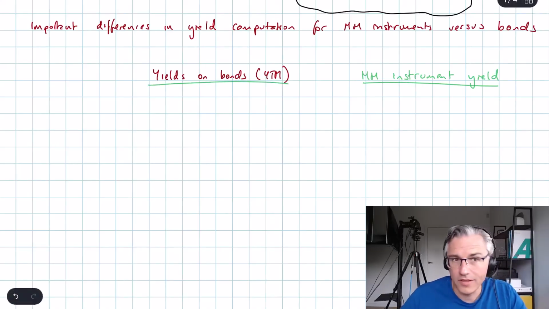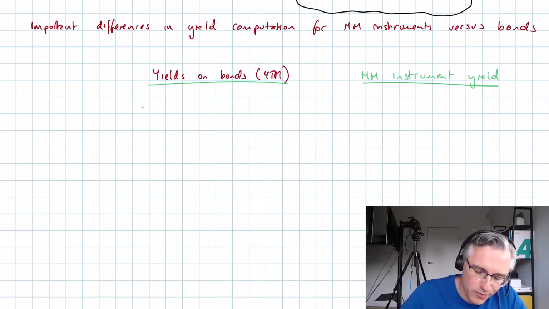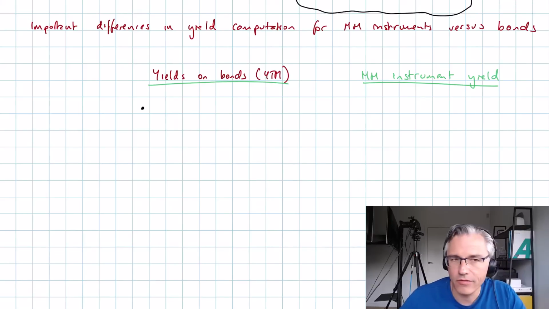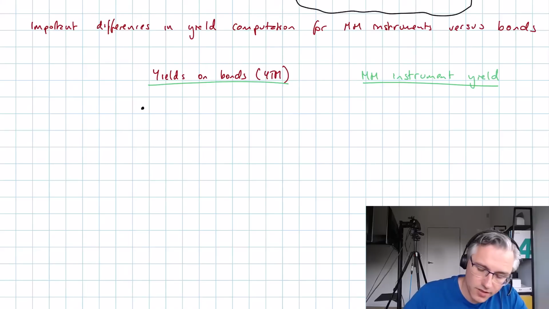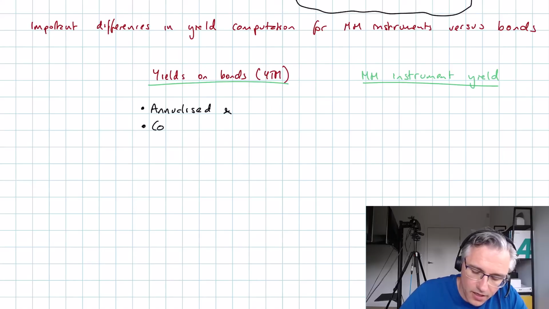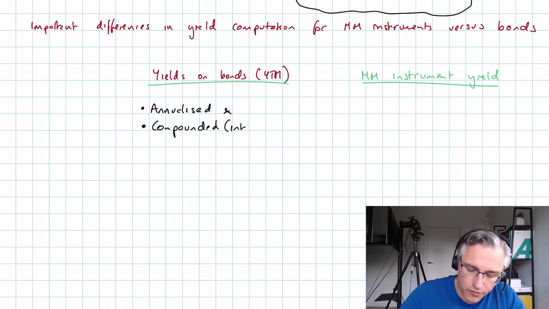The first one, this is really important, is that yields on bonds, the yield to maturity, is always going to be an annualized yield, and it's going to be a compounded yield. Compounding means this notion of interest on interest being